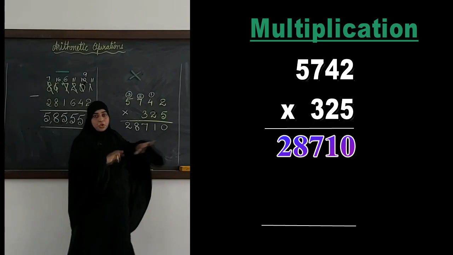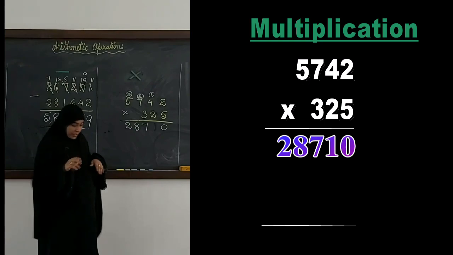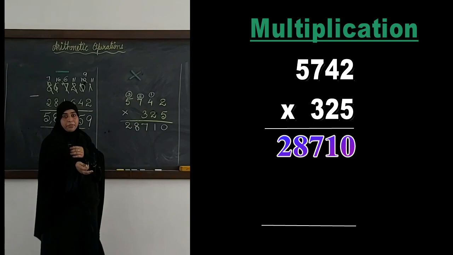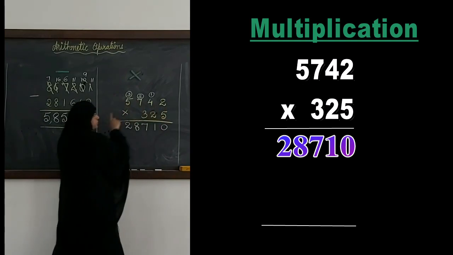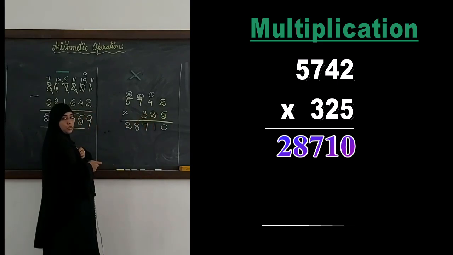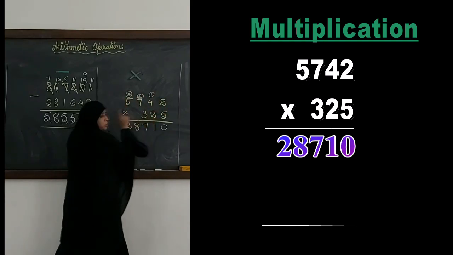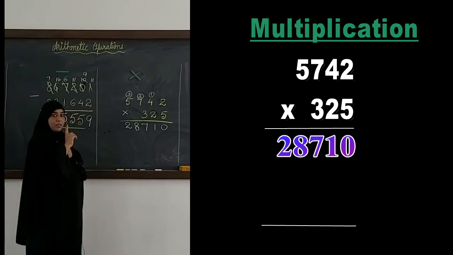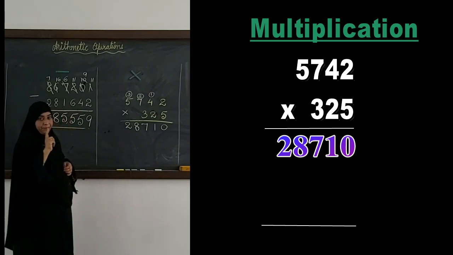Multiplication and division is not possible without multiplication tables. So next we will go for our next step of multiplication. We completed our multiplication with 5. We move on to our second digit, that is 2. Now the same thing we'll do, we'll multiply this multiplicand with 2, same as we did with 5. But before that, you have to remember the place value of 2 is 20.